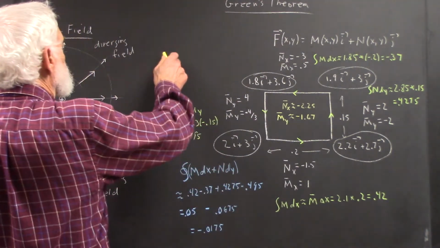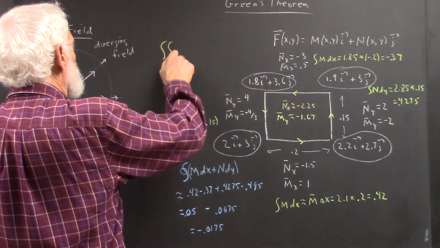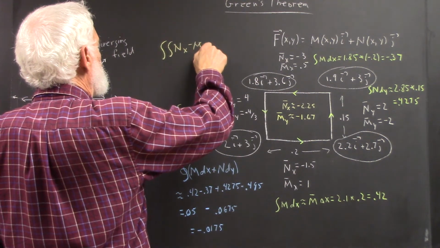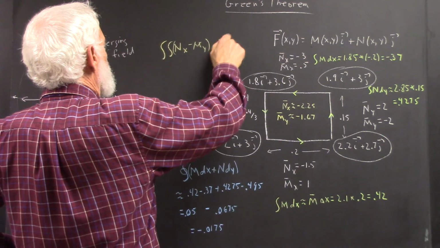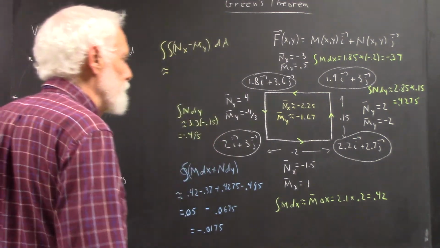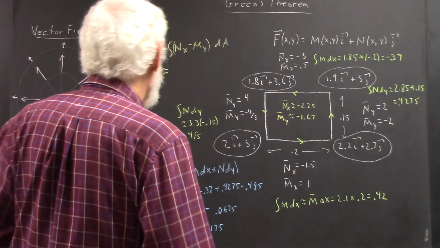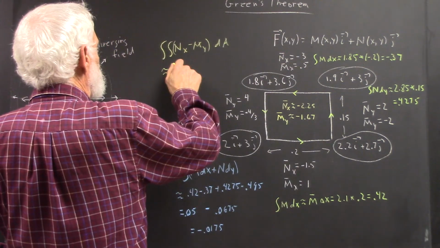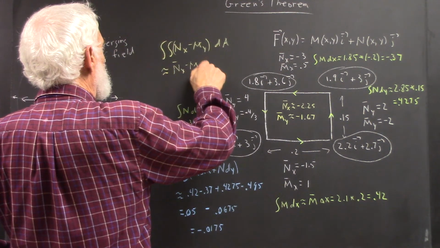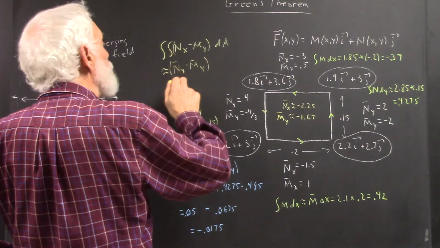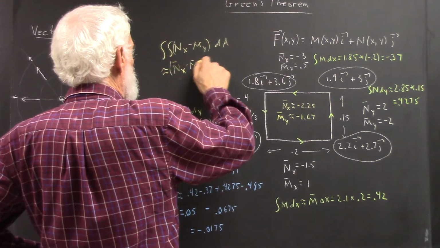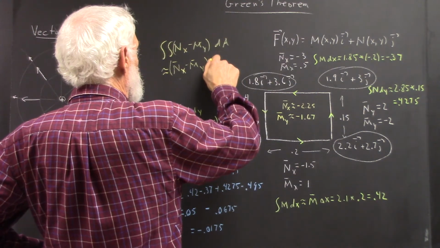Okay, well, the double integral of Nx minus My with respect to the area, and watch, I may have gotten this wrong, but I think it's right, is what? It is equal to the average values over the area of Nx minus My, times the area, which is